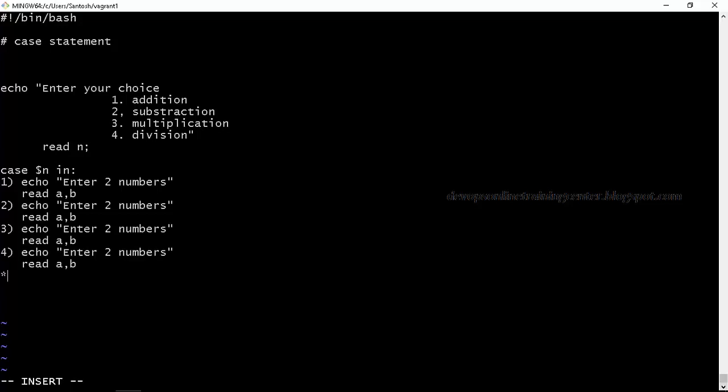If he enters some invalid option other than these, we'll just throw an error message saying that please enter a valid input, right? Then exit. We'll exit the script, right? So we started the case statement, we need to end the statement, something like if we started with if, we ended with fi. In the same way, we also need to end the case statement this way.